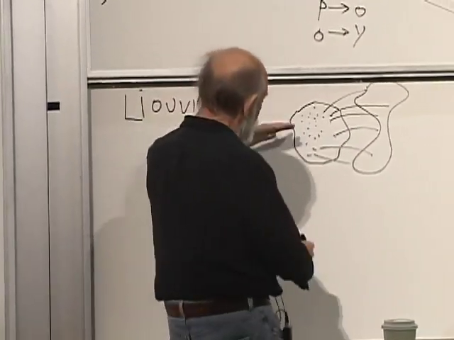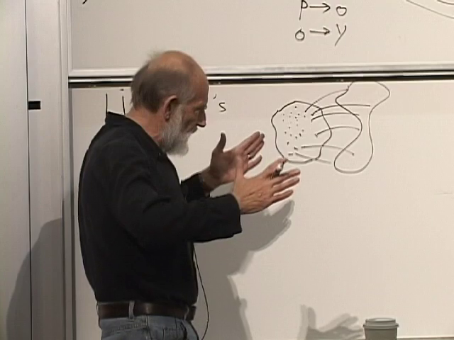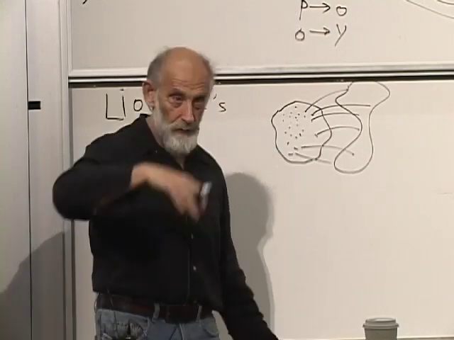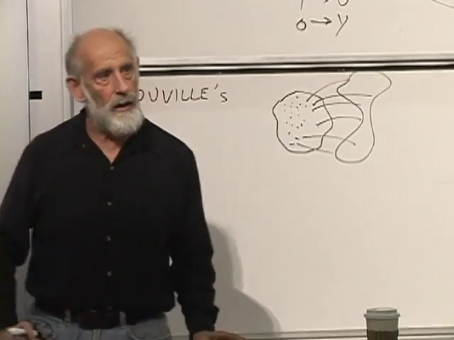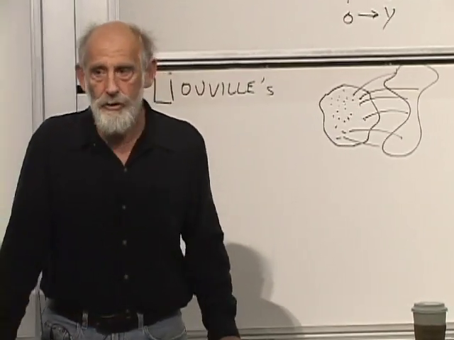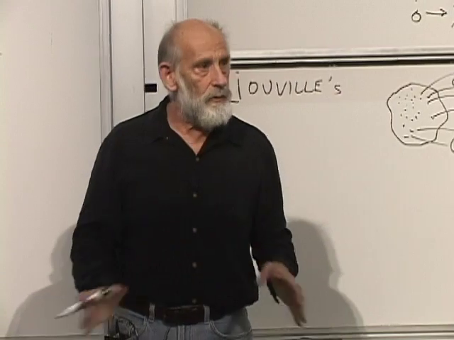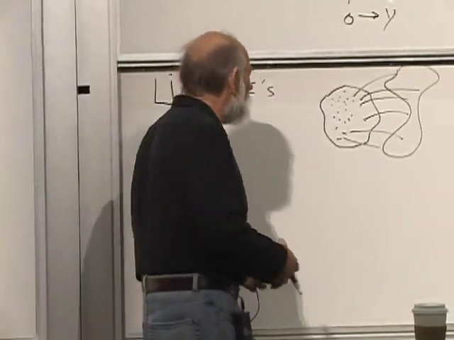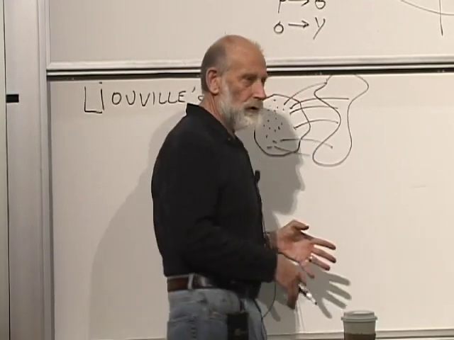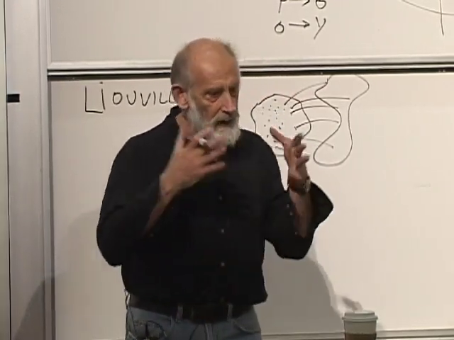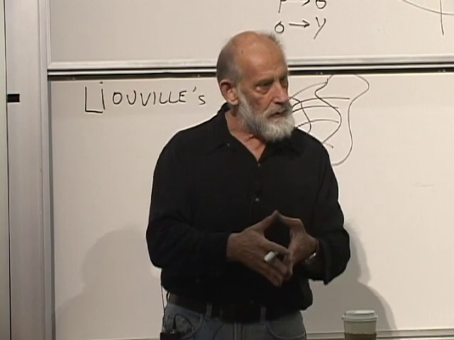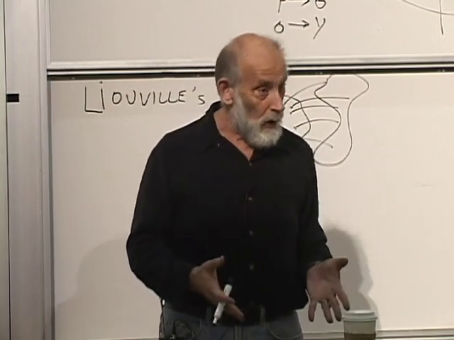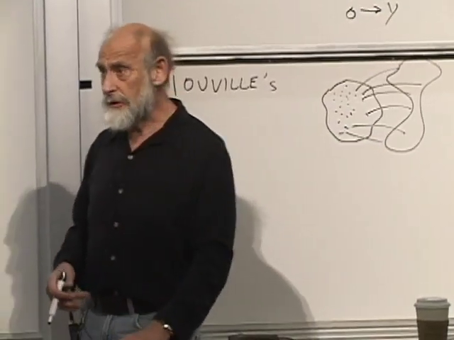That says that even if the points in the phase space might contract in one dimension, they will spread out in the other dimension, in the other direction. And in that sense, distinctions are preserved. The volume in phase space is conserved, and that's the continuous version of the idea that convergence of trajectories doesn't happen, that, if you like, information is not lost, or that distinctions are not lost.